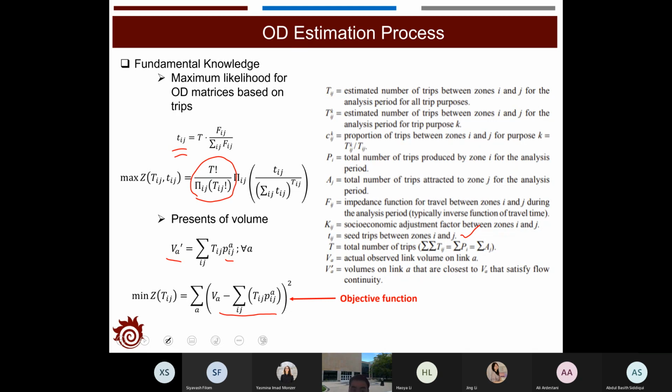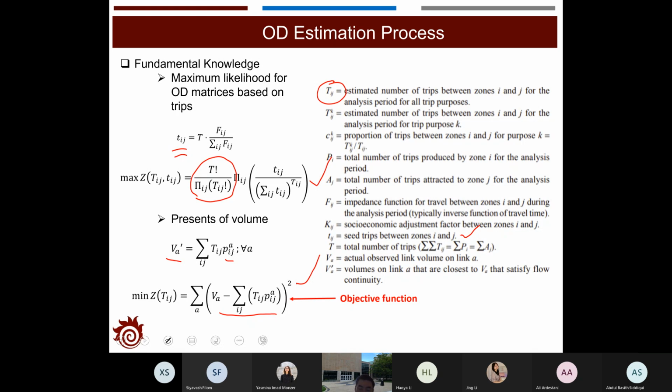And with that we will want to minimize the sum of the square error between the observed and the estimated link volume. That's the second objective. We would like to find the OD matrix, which would be the estimated Tij, to satisfy the requirement of both